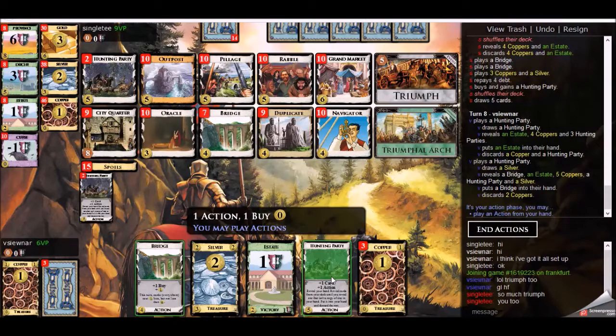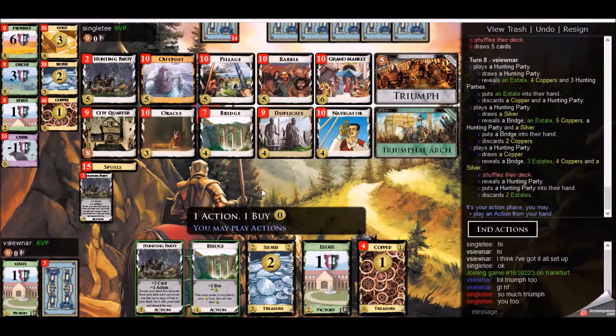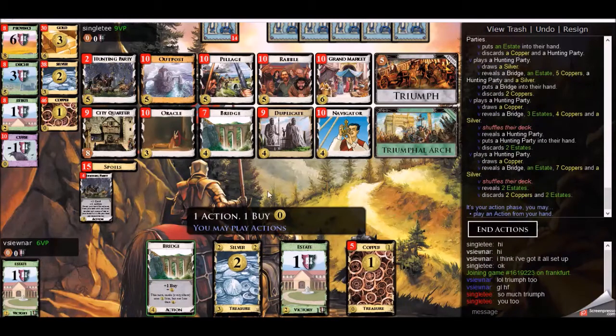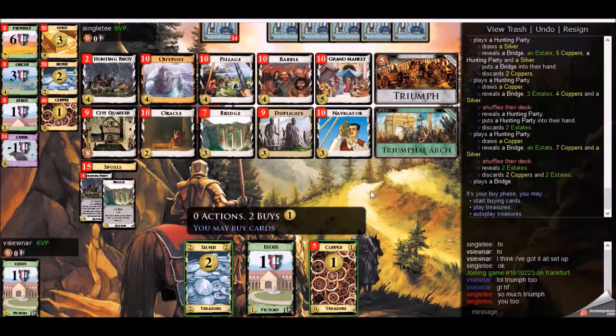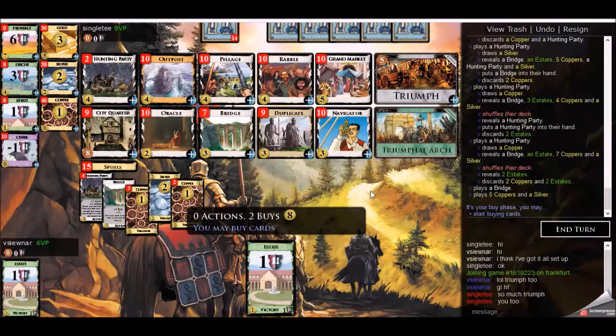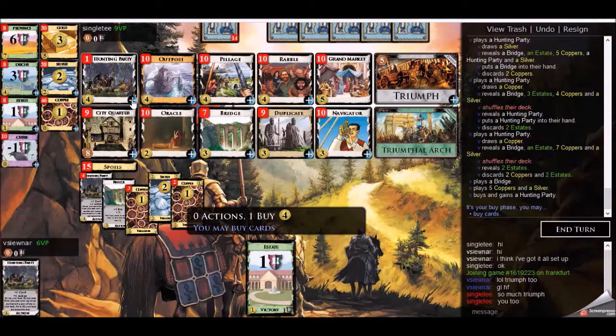Now I'm drawing quite nicely through the deck. I'm always starting with a Hunting Party here, and I have enough now so that I can find my Bridge and my Silver, and hopefully lots of money and Estates instead, and the deck will be completely discarded. I have 8 here with the Bridge in play, of course, and I feel compelled to take the last 2 Hunting Parties here. It does mean I win the Hunting Party split, which is a big deal,